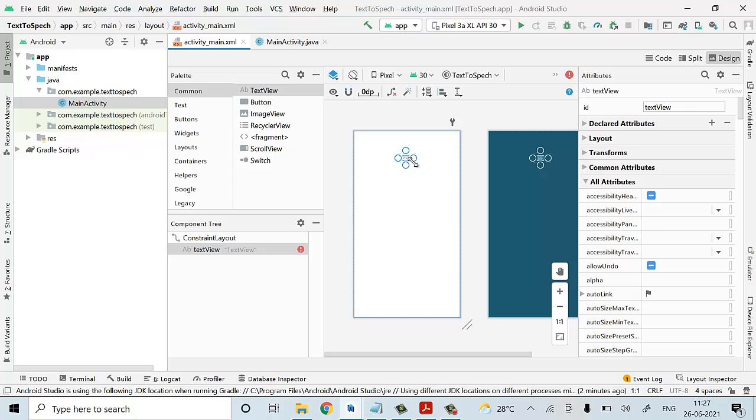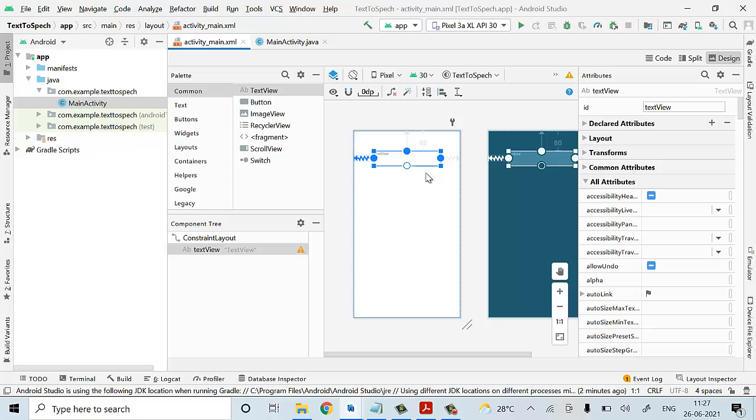I'll arrange the size of the text view. Okay, now I'll arrange the coordinates. So now I have arranged the first text with coordinates.